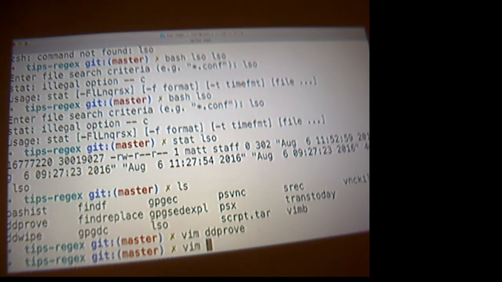And so DC3DD with the verbose switch on tells you I've got this much percent done of this drive. I've wiped this many megabytes or gigabytes. This is how much I've got to go. I think it does give you a time: I've been working for this many minutes and I expect to be done in this many minutes. And of course those are all changing values. But DD wipe is